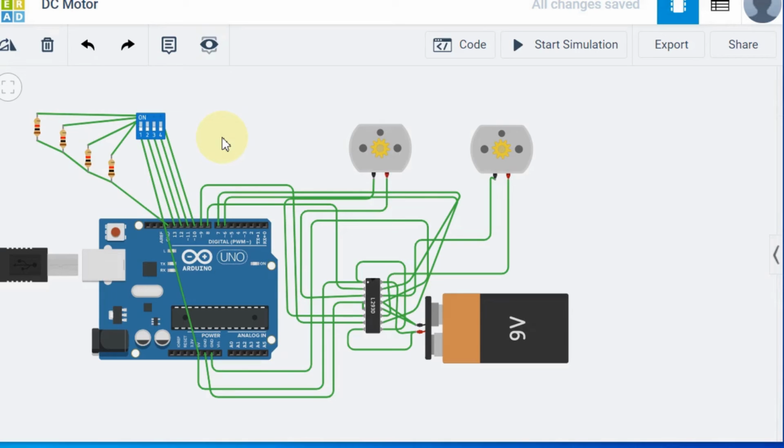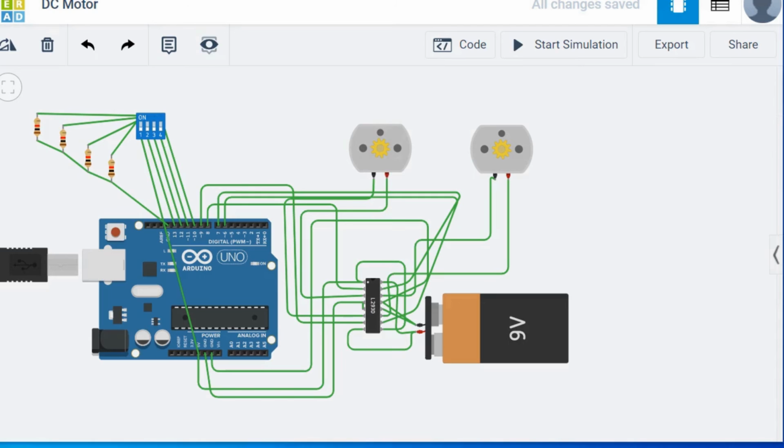If you are giving 4 inputs, then the combinations of 4 inputs will be 2 power 4. It is 16 combinations we'll get. For these 16 different combinations, how the motor should react, or what output the motor should get, the program will decide. To program that, we need to have a clear idea about all these 4 inputs and the output combination logic. So I have created a truth table to control the two motors with 4 inputs.